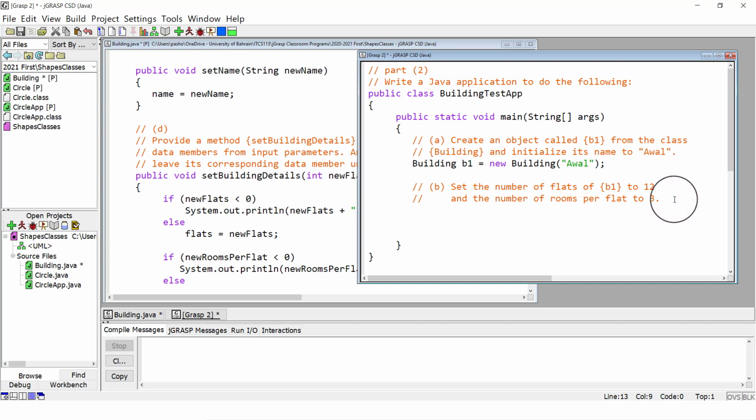So how to do this? First we have to call the name of the object, B1 dot, and then we write the name of the method, setBuildingDetails, and between the round brackets we put the parameters. 12 will be for the number of flats, and 3 will be the rooms per flat as input